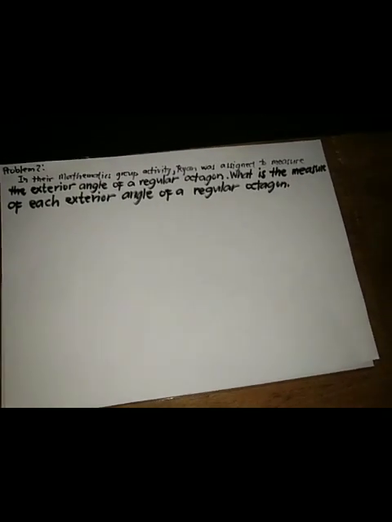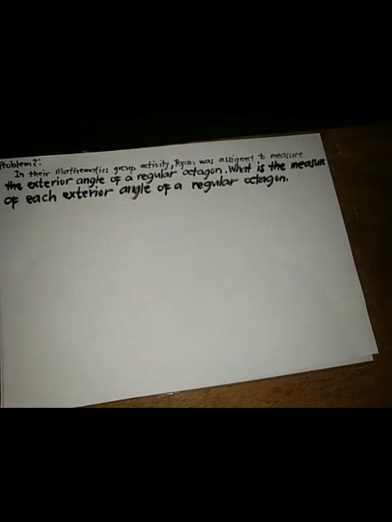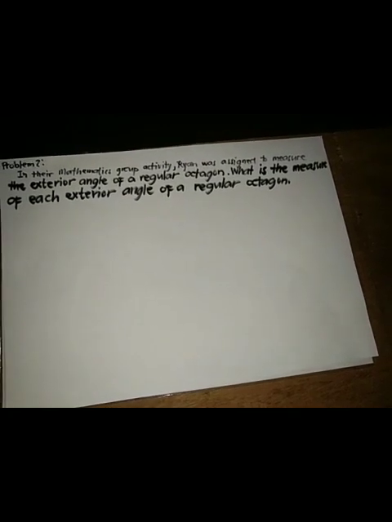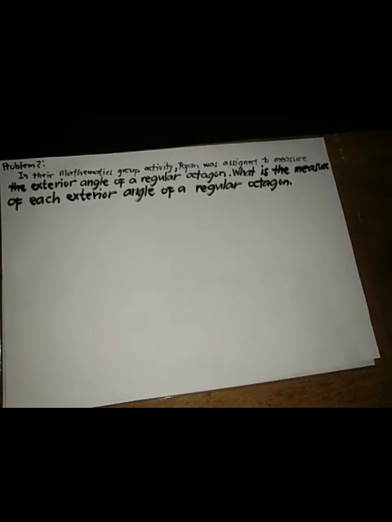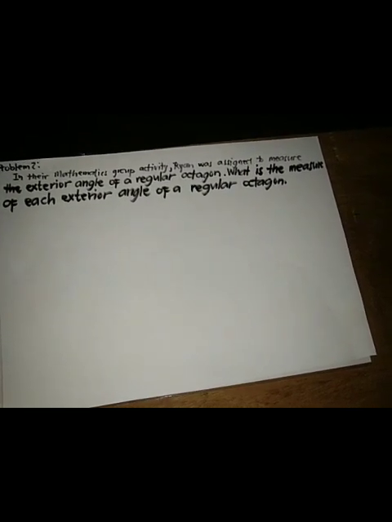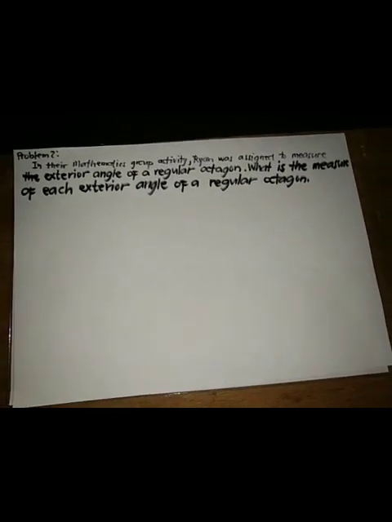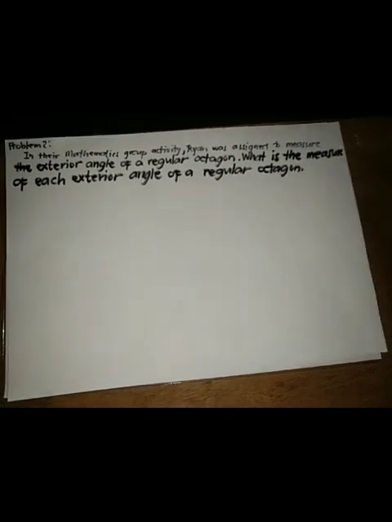Step 1 is to understand the problem. Step 2, devise a plan. Step 3, carry out. Step 4 is look back. So step 1: in the given problem, our goal is to solve for the measure of each exterior angle of a regular octagon. Step 2: the sum of the measures of the exterior angles of any polygon is 360